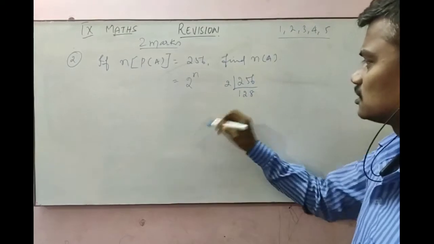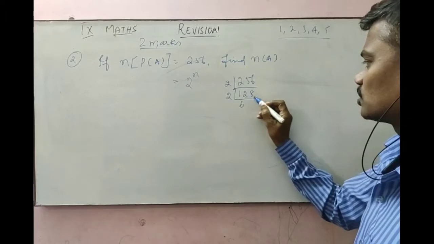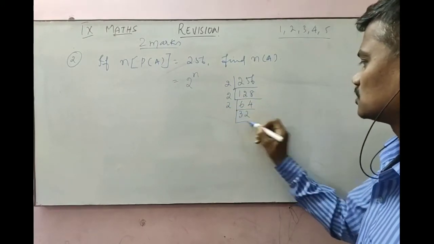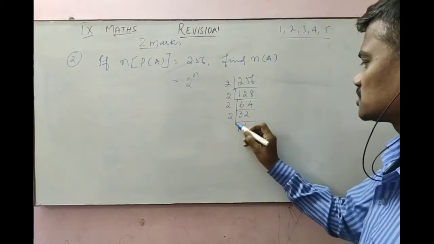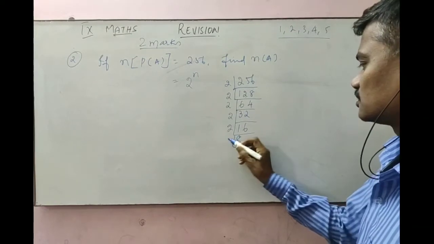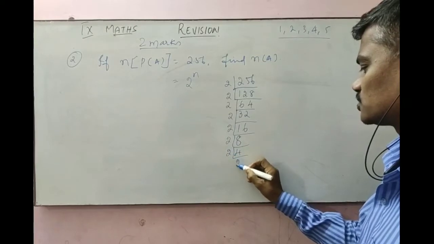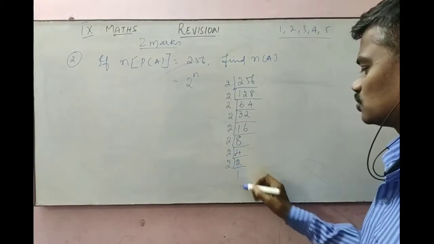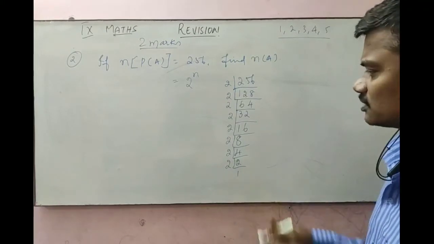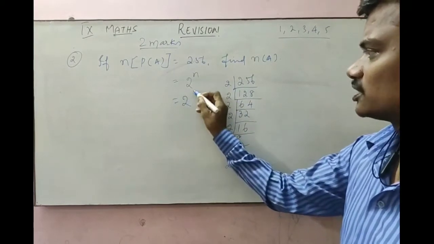8 2s are 16. Like that again I am going to divide this by 2. 6 2s are 12, no remainder. Again 4 2s are 8. If I divide again by 2, I will get 32. Like that if you proceed, you will get 16. Again if you divide by 2, you will get 8. Again dividing by 2, you will get 4. Again dividing by 2, you will get 2. Last you divide the 2 by 2, you will get 1 as the remainder. Sorry, as the quotient. So you will get the answer as 2 power 8.